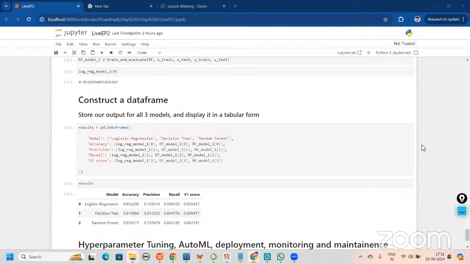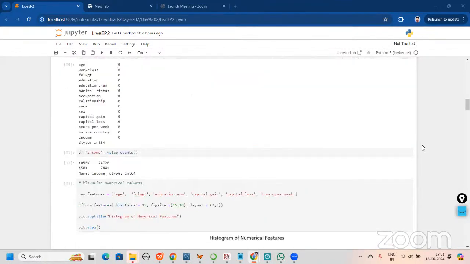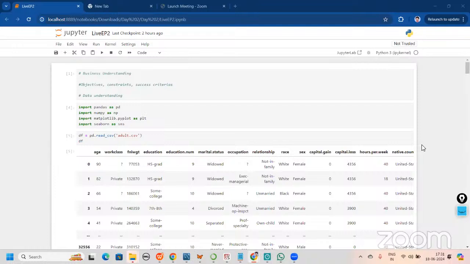So, here we start. Till now, what we have seen is business understanding, right? What we are doing here is live coding. We are taking a project and considering three models: logistic regression, random forest, and decision tree. We are taking these three models into consideration, and we are making a project, right? Till now, we are following the CRISP-ML methodology, and it's very